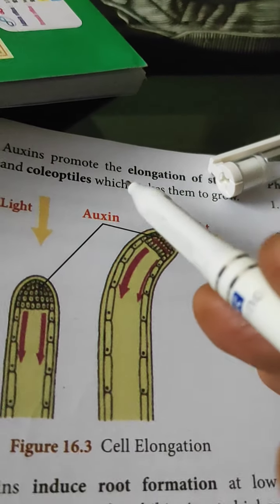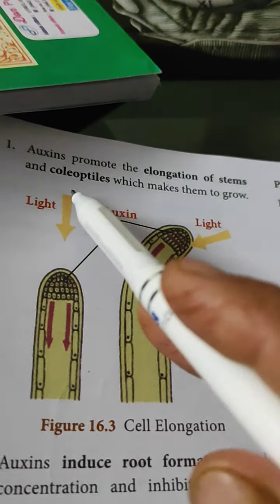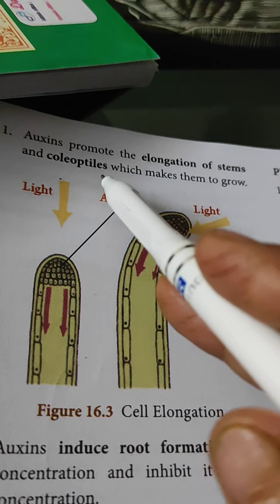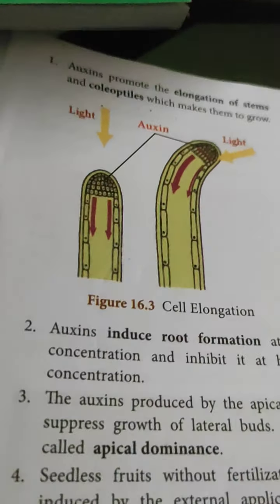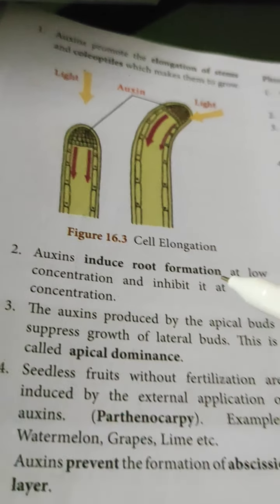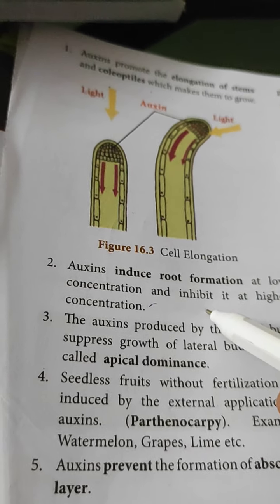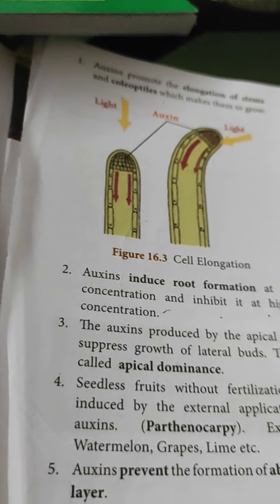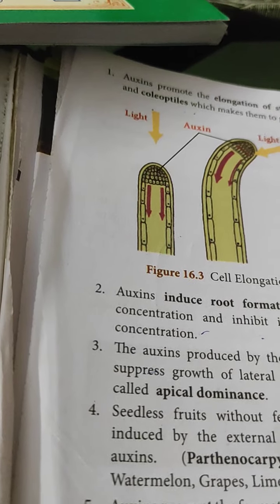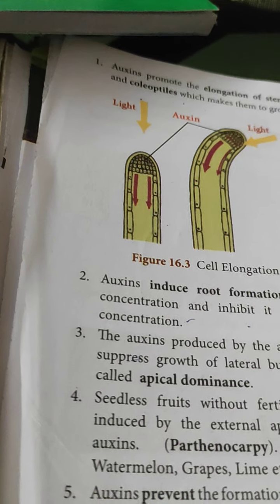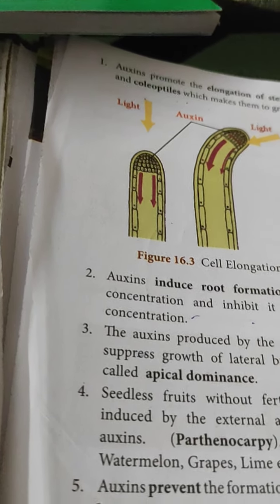First one, the auxin promotes the elongation of stems and coleoptiles. Coleoptile is nothing but the stem tip, which makes them grow. Second function, auxins induce root formation at low concentration and inhibit root formation at higher concentration. At very low concentration it stimulates the growth of the root, but at higher concentration it will inhibit the